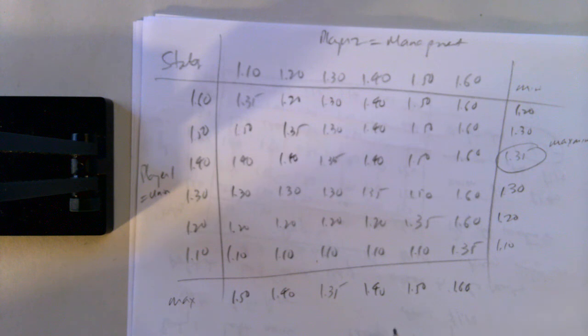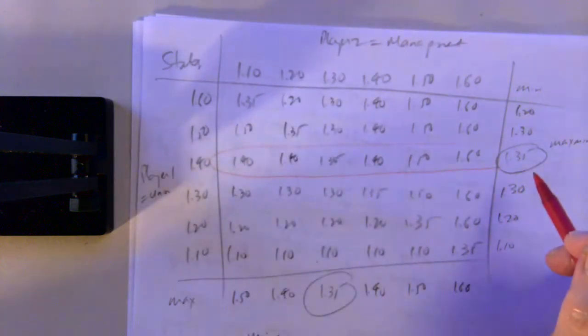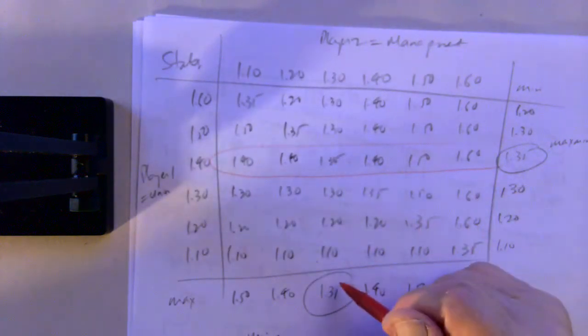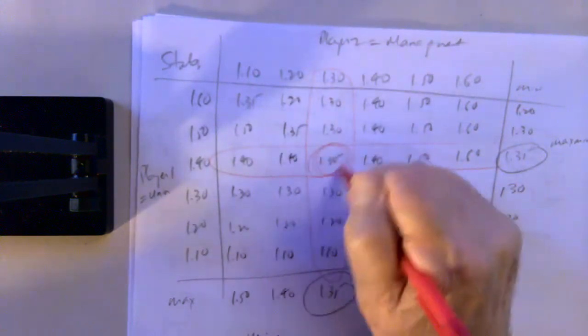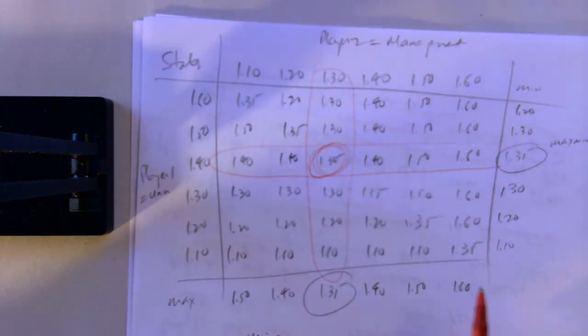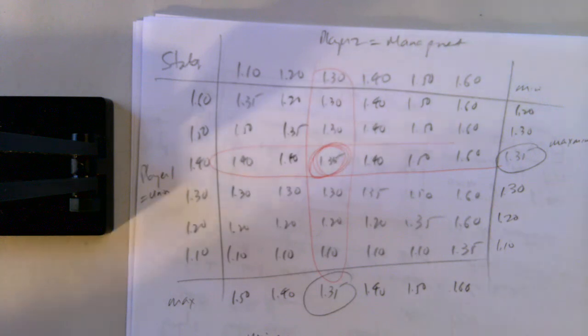And to minimize the worst possible outcome, you take the minimum of these maxima, and that's $1.35 also in this column. So the union will pick the strategy offering $1.40. Management will pick the strategy of offering $1.30. And the final result of the wage negotiation is the new wage for workers will be $1.35.